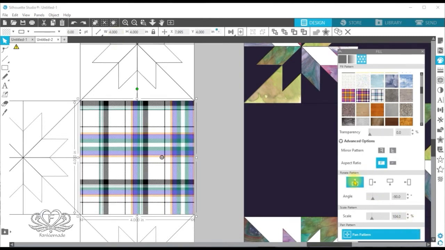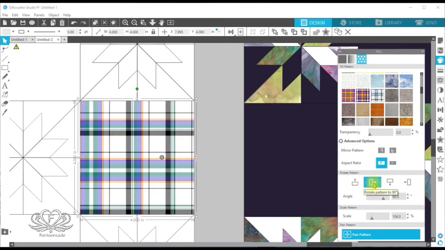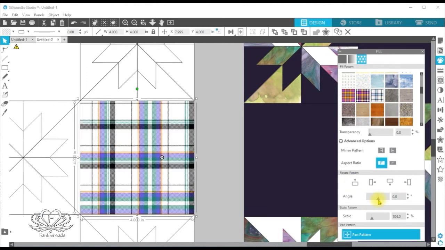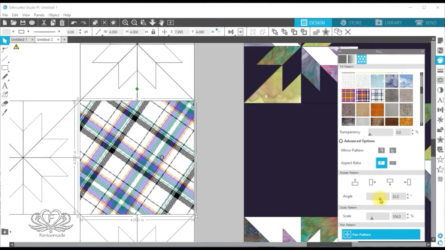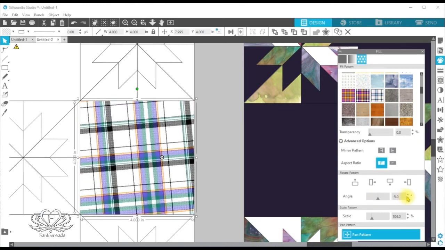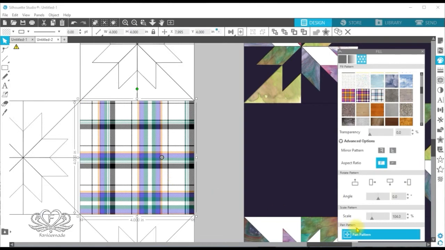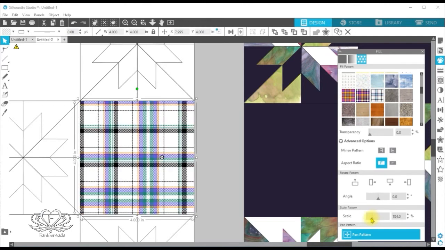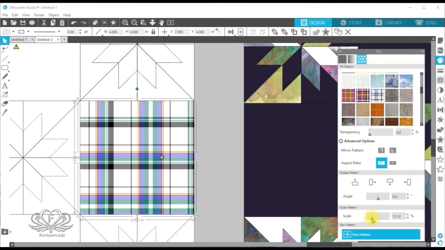You can rotate the pattern round within the object by set degrees. You can change the angle so that it could become a diagonal pattern. There's a scale button which allows you to enlarge the pattern and reduce it in size within the object area. And there is a pan pattern